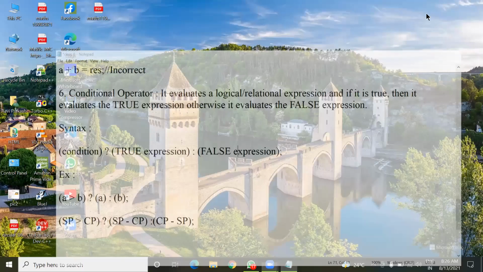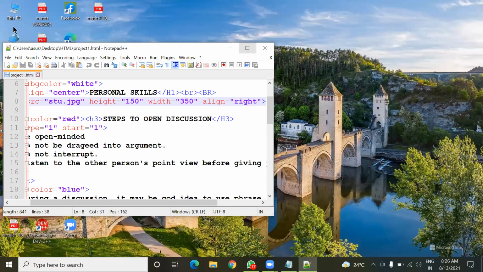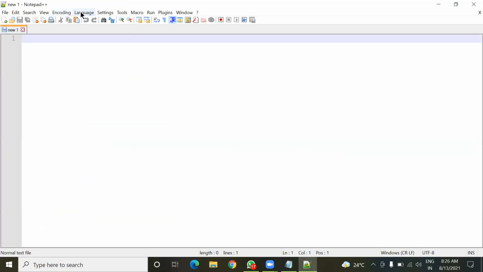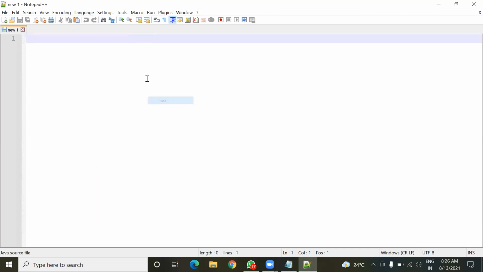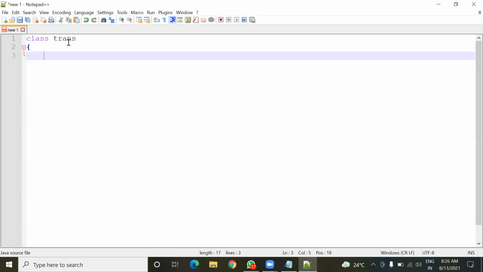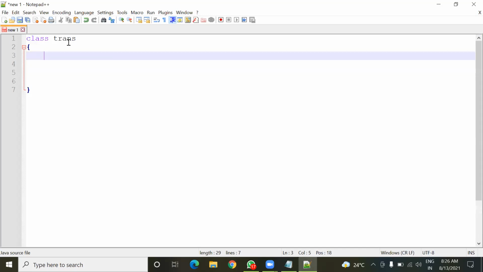I'm going to write a program. Let me see whether I can complete it within time or not. Here in this class Transaction, I have written Trans only.